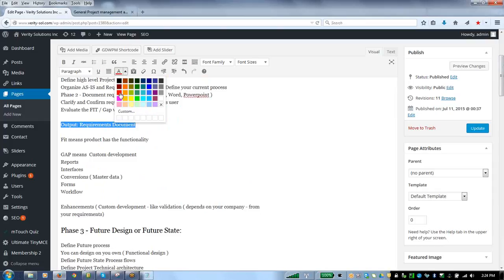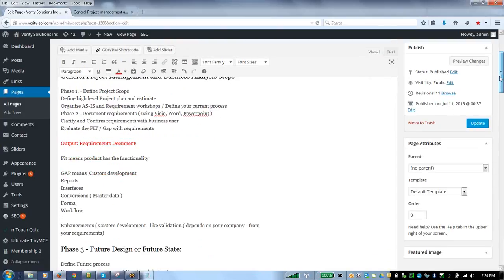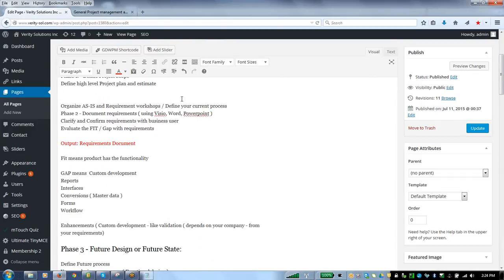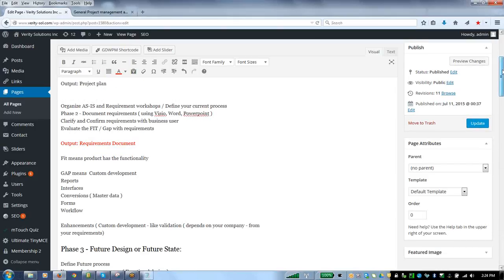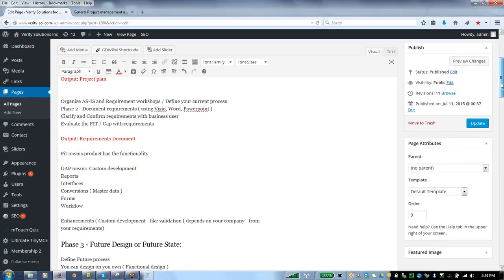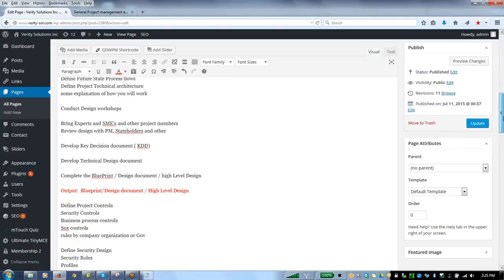I'll probably attach some kind of documents at each step so you can see how they flow. I will even attach a project plan. Okay, so that's a project plan, and that's a requirement document, and that's your